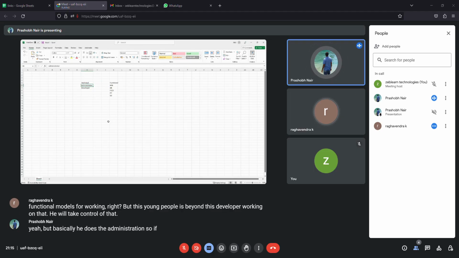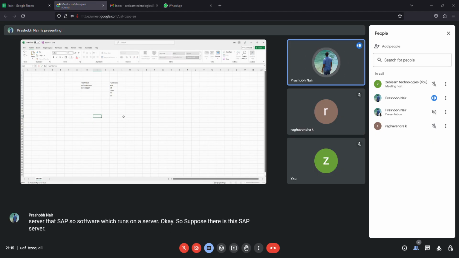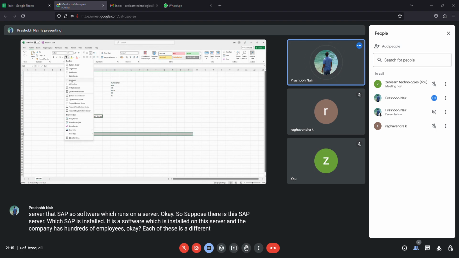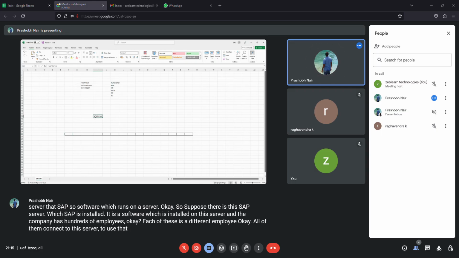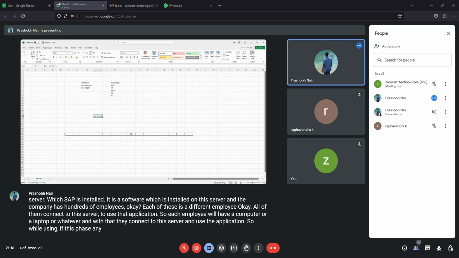So if there is an SAP server, right? SAP is a software which runs on a server. Okay, so suppose there is this SAP server on which SAP is installed. It is a software which is installed on this server, and the company has hundreds of employees. Okay, each of these is a different employee. All of them connect to this server to use that application. So each employee will have a computer or a laptop or whatever, and with that they connect to this server and use the application. So while using, if they face any problem, okay, it could be any problem,